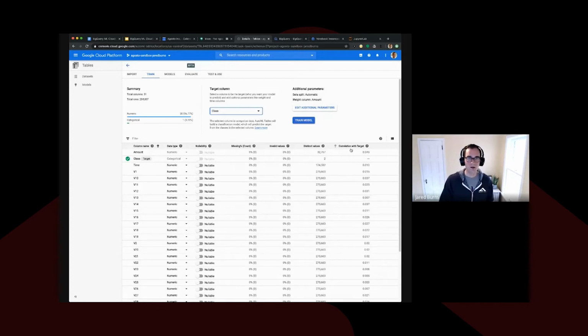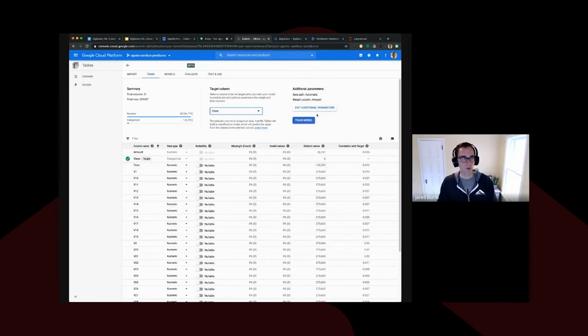And then you also have the correlation with target right down here. This shows the degree to which the input feature is correlated to the target that you specify. So right out of the gate, this takes a lot of the legwork out of your typical ML workflow by breaking down all of these features for you.